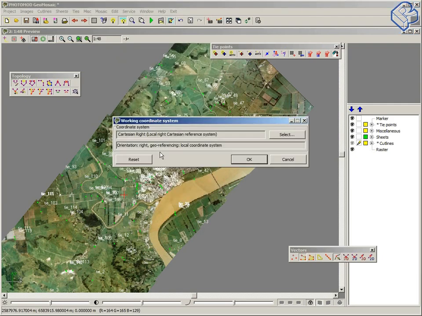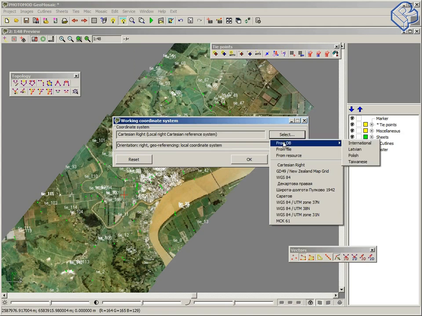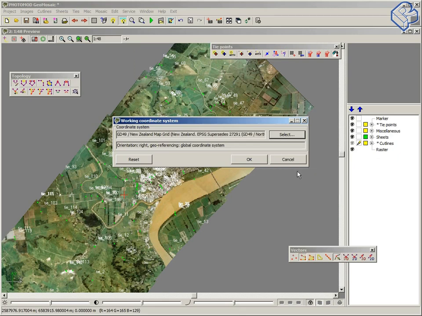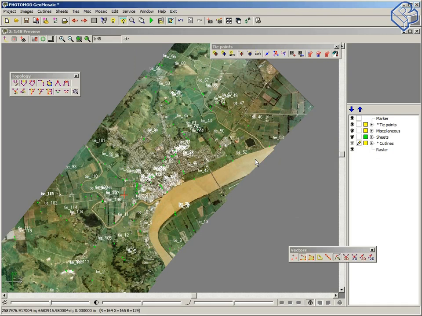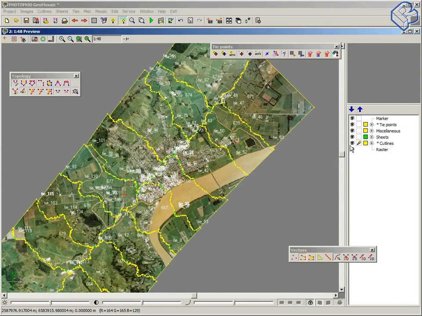You can see Cartesian right now, and select from. We can choose a coordinate system from the database, but there is the latest coordinate system which I used, so I use this one. Press OK. And next step,